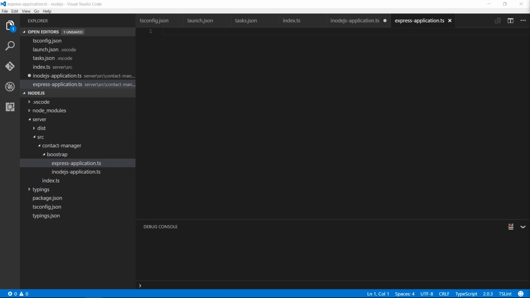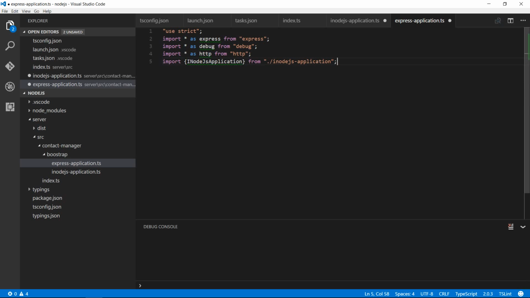So we will get Express, debug, HTTP, and also the interface that we just defined. The name of the interface is INodeJSApplication. Then we will implement the class, and the class will have two properties, and they are of type express.Application and express.Router. So let me get the source code from the completed application, and I will copy and paste that code,